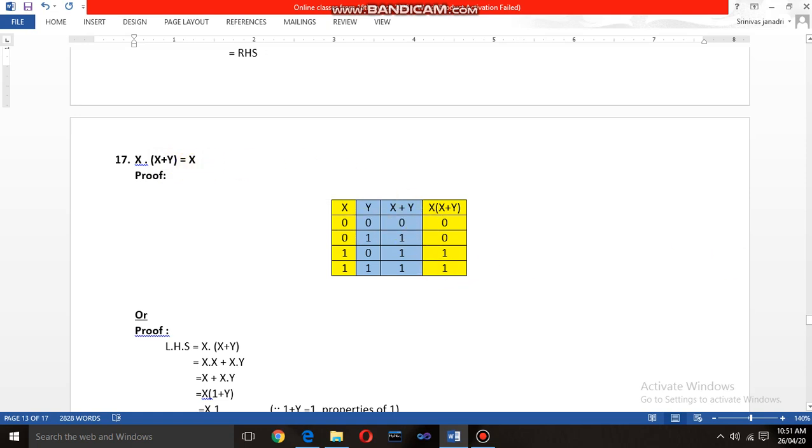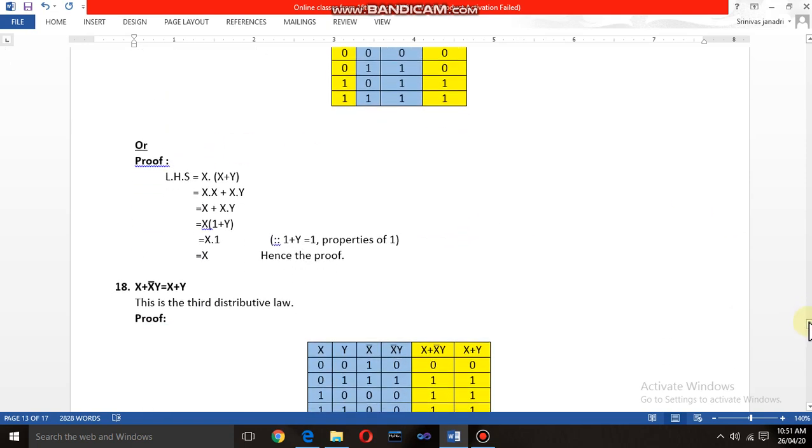This is the truth table method. You have to analyze it, and I will explain the algebraic method, where I am considering the LHS value x into x plus y, which will multiply this x with both, gives you x into x plus x into y. X into x is nothing but x again by the Boolean postulates only, the previous postulates. X into x is again written as x, plus x into y. Just observe the two variables. The common thing is x, take it outside. Remaining is